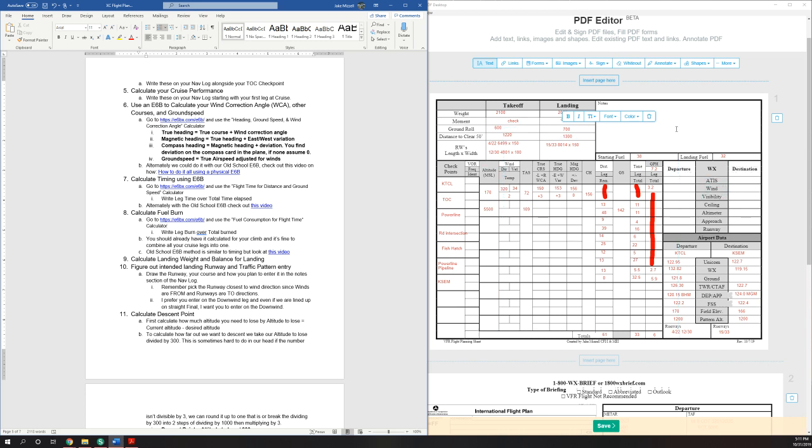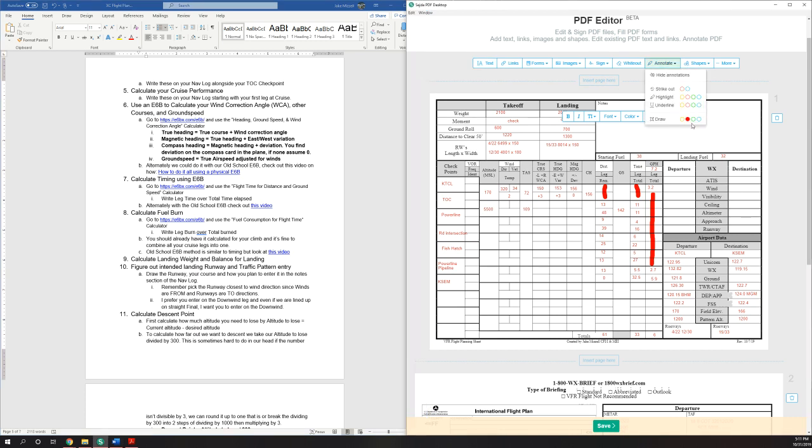And then remember, we want to pick the runway closest to wind direction, since winds are from and runways are to. And I like for students to always enter on the downwind leg, even if we're lined up on a straight-in final. I still want you to enter on the downwind leg. So in this case, I'm going to try to draw this, and we'll see how well it works out. And 15 and 33 would look something like